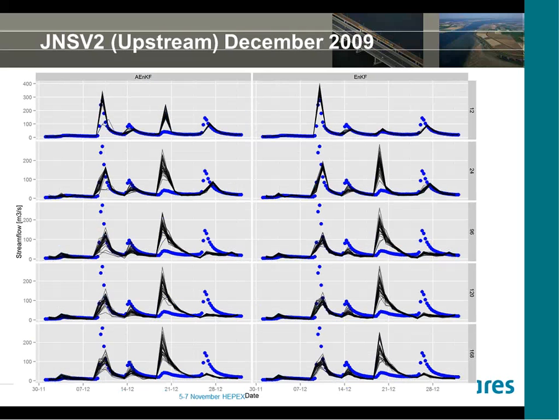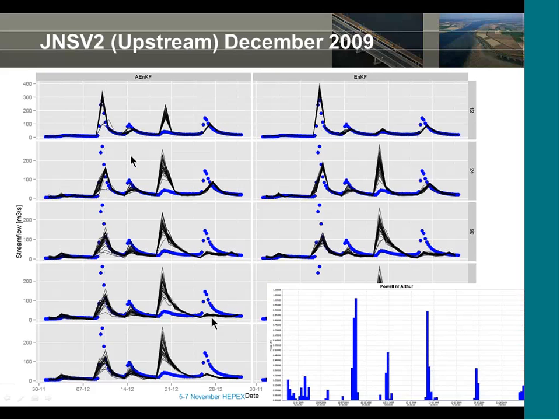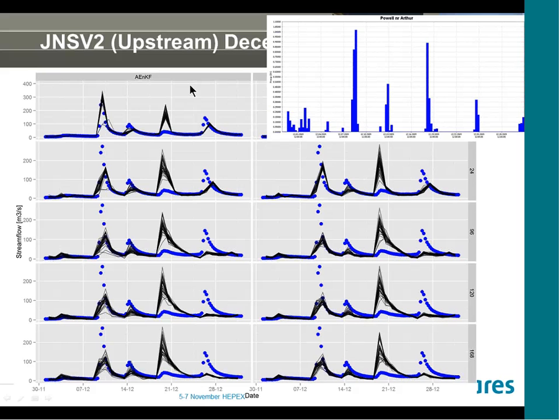For instance, here, this is again the upstream model. What you can notice here is that there's a very strange large peak, forecasted 7 days ahead, and it stays in the simulation up to 12 hours. Let's get rid of this picture actually.